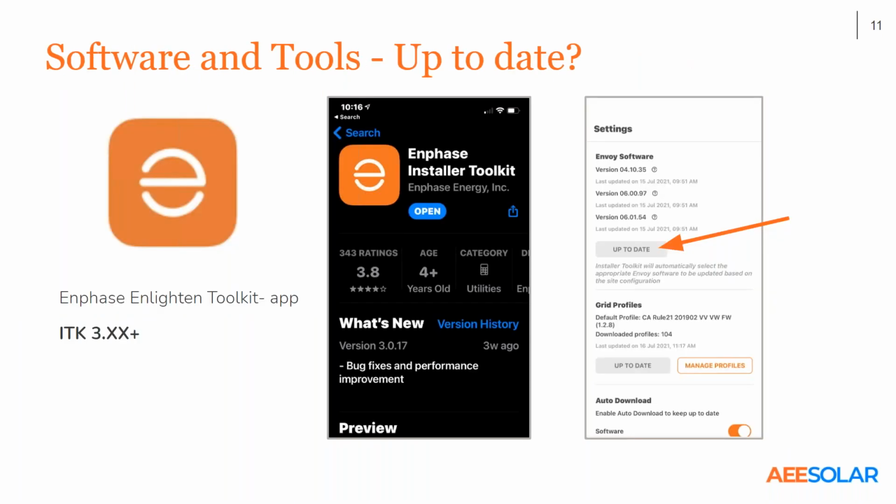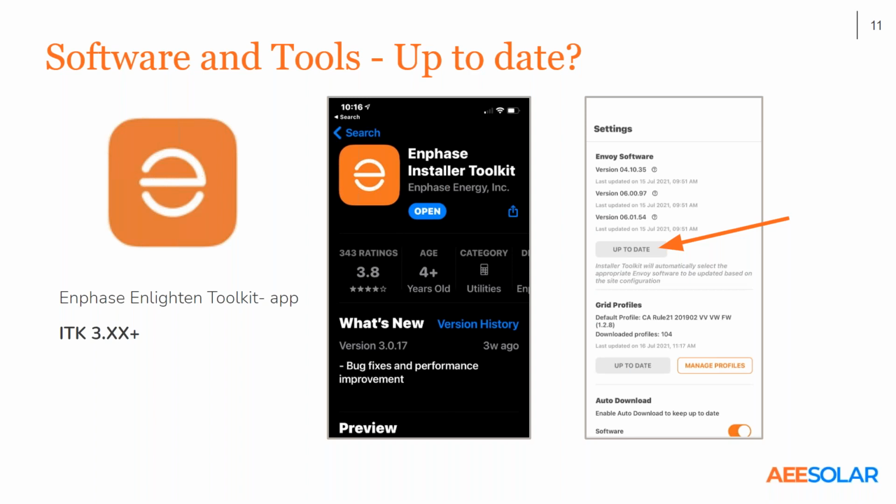So we talked a little bit about the right material. Danny, what are the software and tools that installers and crews need to take with them to the job every day? Right, and with Enphase, make sure that you're jumping over to the new 3.0 platform. There's really just a couple details. When you go out to a site and you're on a cellular data network, it can be a real bummer to wait for things to download, especially after you've gotten everything installed and you're ready to get it commissioned and running. So on whatever your phone platform is, just make sure you've got the latest app installed and up to date.